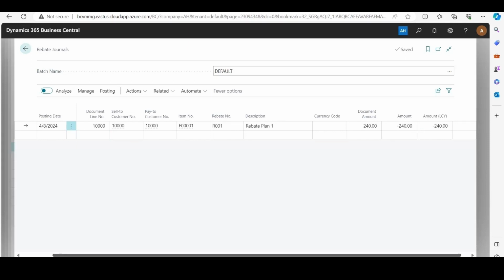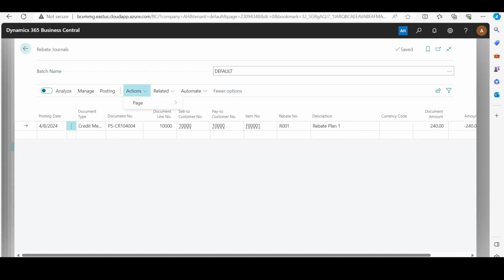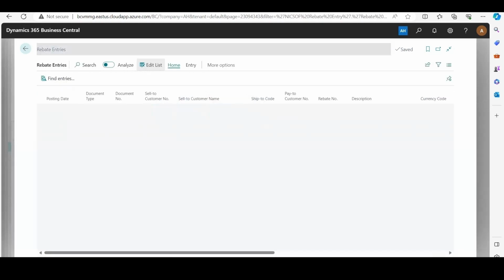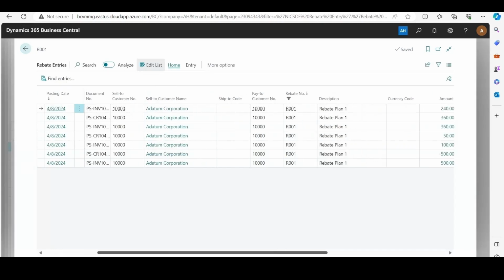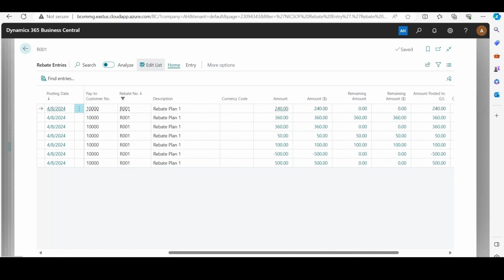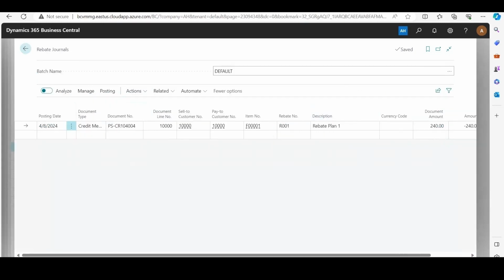And from here, there are many different actions and tools we can use to help guide us through this process. For example, if we go to related rebate, we can actually see the corresponding rebate card and rebate entries. Once again, we'll click on rebate entries to confirm that this is for the $240 rebate calculation. And now if we click on posting and post,